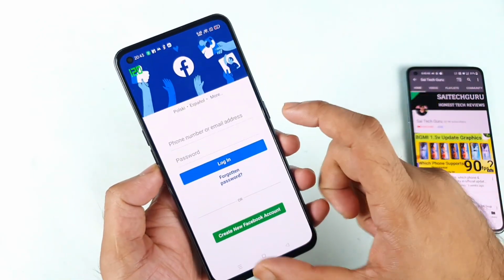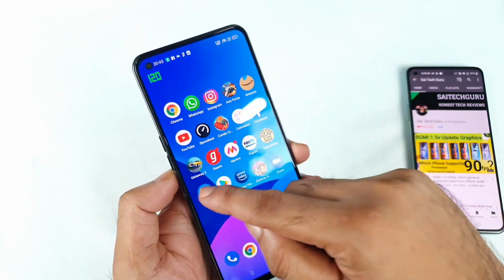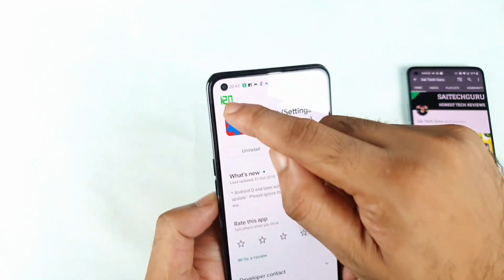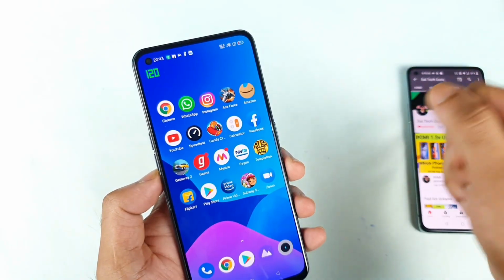This is a quick review which is just demonstrating whether it will support or not. Right now, as you can see, it's supporting exactly in most of the applications. You can actually see the 120 Hz working. Fantastic, as you can see, friends, clearly.